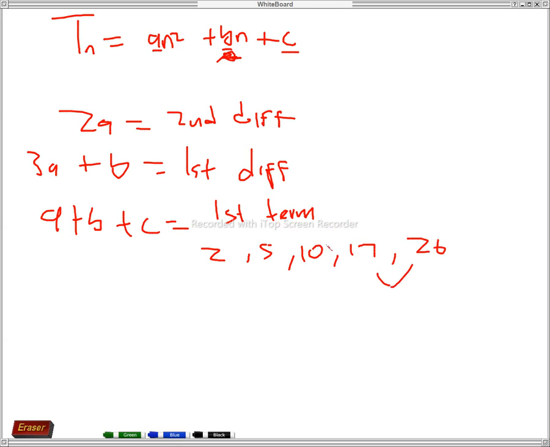Let me determine the differences: 26 minus 17, 17 minus 10, 10 minus 5, 5 minus 2. So 26 minus 17 is 9, 17 minus 10 is 7, and 10 minus 5,